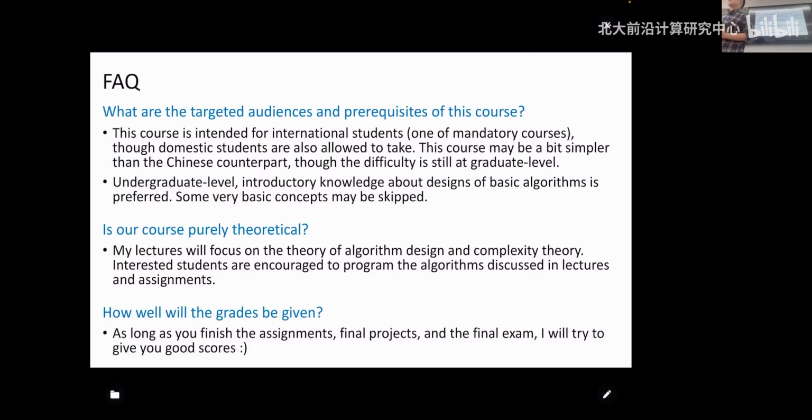Yes, I think the book you mentioned focuses more on the programming side and basic data structures. But for this course, it is a course focused on theoretical computer science and also a graduate level course. We will really go into the thoughts about designing algorithms. In later parts of this class, for instance, we are going to talk about some graph algorithms, but maybe I won't talk too much about how you are actually going to utilize data structures to implement these graphs. Instead, we are going to design some sophisticated algorithms that can really solve some interesting problems. Maybe we can sense a little bit of the difference between data structures and algorithm design.